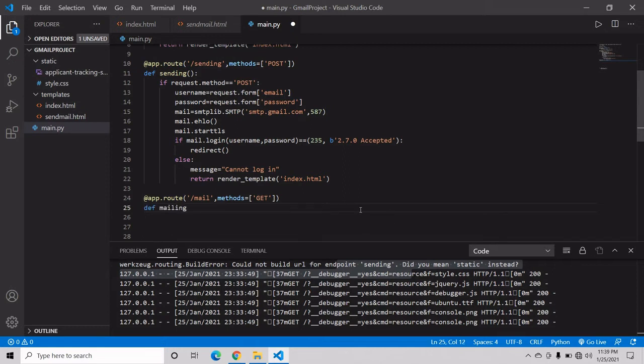Suppose we are creating our mailing, so we have taking our username. Oh, not user, simple render template sending.html. Now I think we can use it.